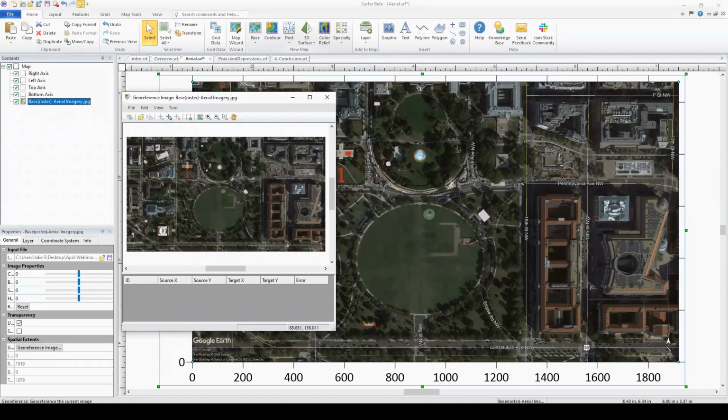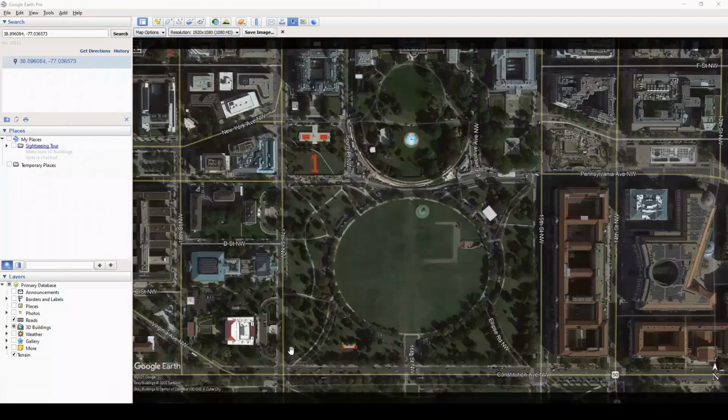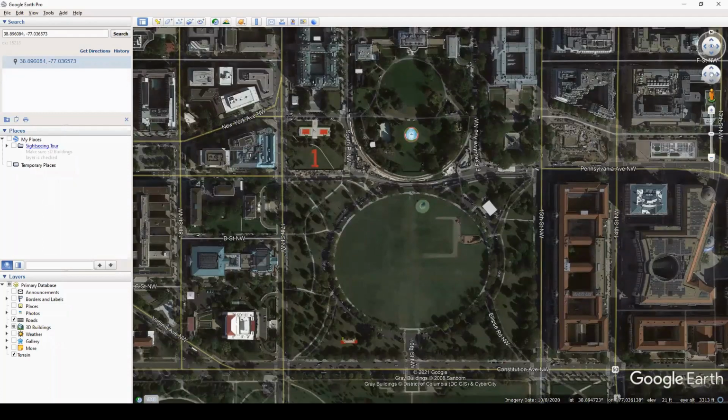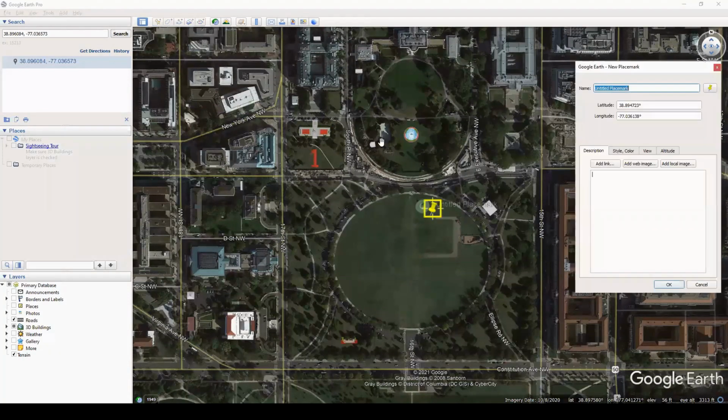Now, I don't know the latitude and longitude coordinates of these intersections offhand, but we can easily get that from Google Earth. So I'm going to go ahead and open our aerial image back up in Google Earth. And to find our coordinates, we can use the Add Placemark tool, which is this yellow push pin up here at the top. If you click the Add Placemark option, then we can drag this push pin to our area